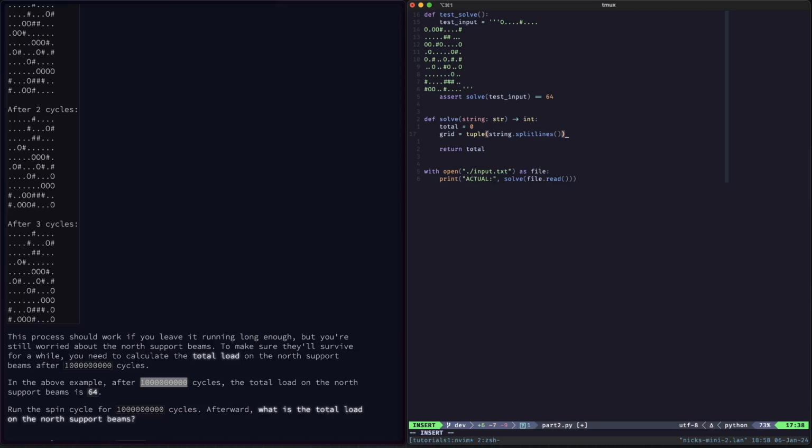We'll do whatever stuff we need to do, but we're just going to make a tuple of strings. That's all we're going to do. Cool. Okay, so we have the grid. So now let's make that scene